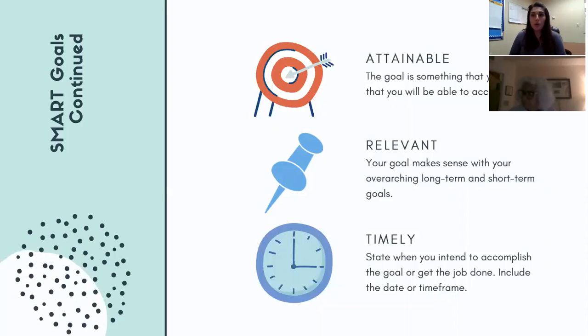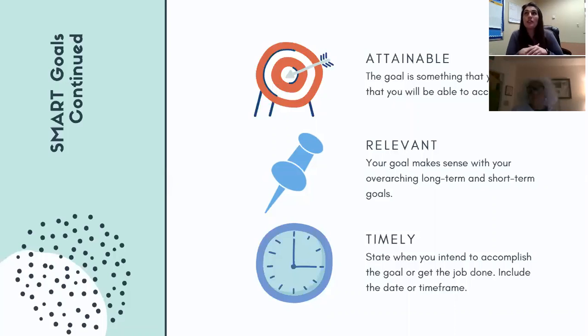Your goal should also be relevant to whatever your long-term or short-term goal is. When setting a SMART goal leading into finals week, you really just need to make sure that you're including things like studying and reviewing your materials. These are all relevant factors that are going to impact your goal, which is hopefully to pass your finals. It would be irrelevant to create a goal that says, I want to pass my finals and clean my house. That has nothing to do with passing your final. That's not a SMART goal. A SMART goal is going to be focused and relevant towards the final long-term goal that you've set for yourself.